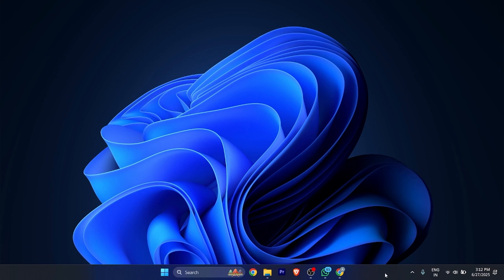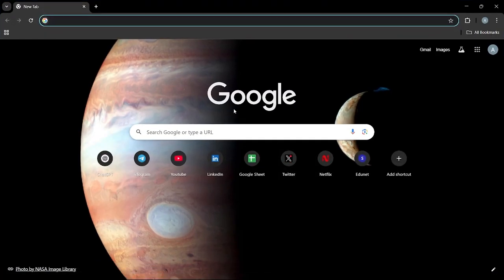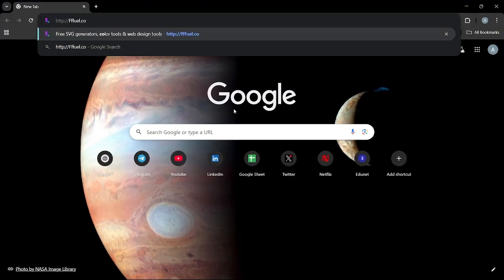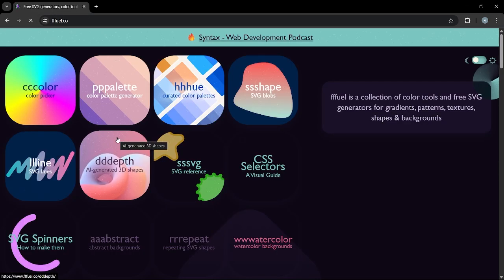Now in order to do it, just simply open any browser you have, and once you open it you need to search for fffuel.co. You can see the correct spelling. It spells like fffuel.co. Once you're done with it, just simply hit enter and a website will open right in front of you